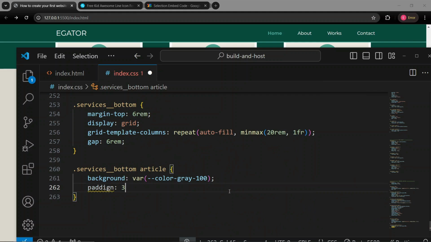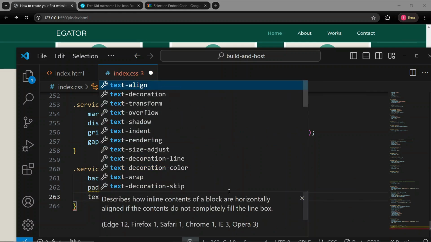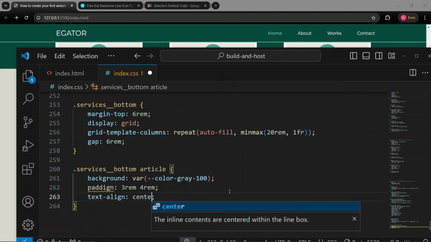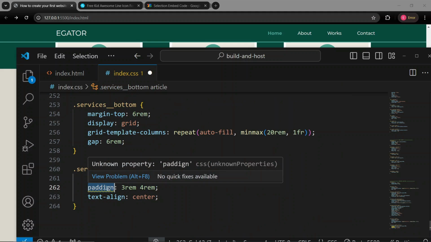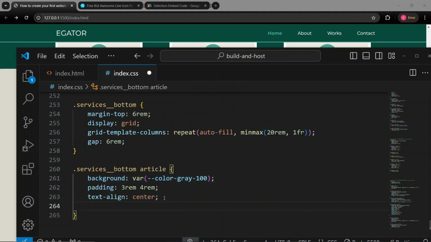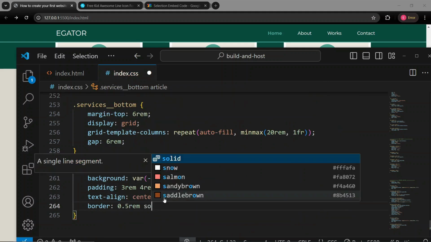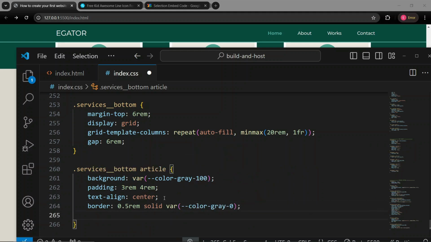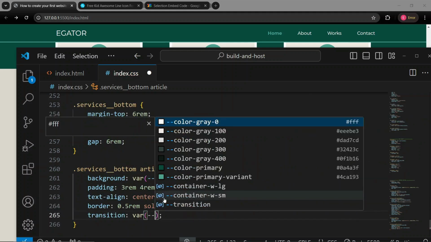A padding of 3 rem for the top and bottom, 4 rem for the left and right. Text align of center. I'm going to give it a border of 0.5 rem, solid color gray 0,